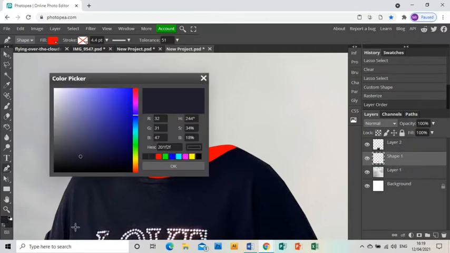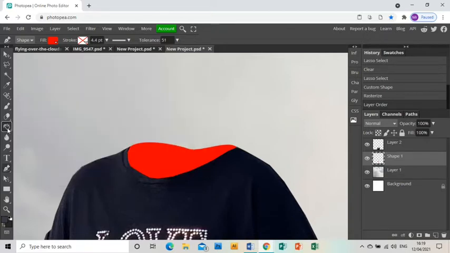I'm then going to use the color picker to choose a kind of dark gray, not too dark, because I want to add some shadow in here and I want that shadow to be visible. I'm then going to use the paint bucket tool to fill that shape with that gray,